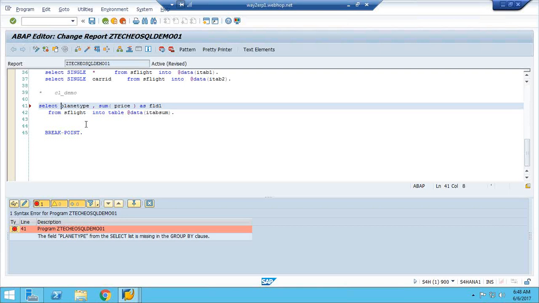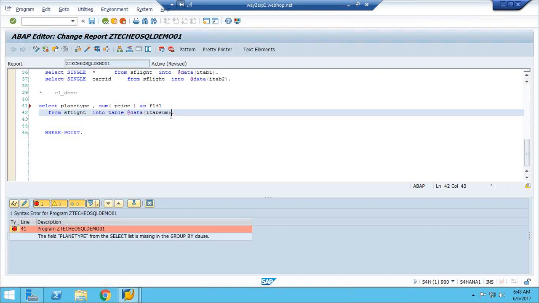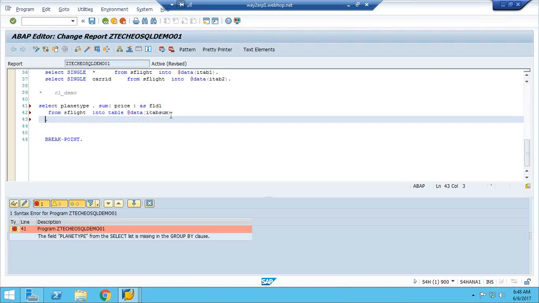There is some reference for the subtotal. Now I am doing a plain type-wise subtotal. Based upon which field we are doing the subtotal, you have to mention in group by.